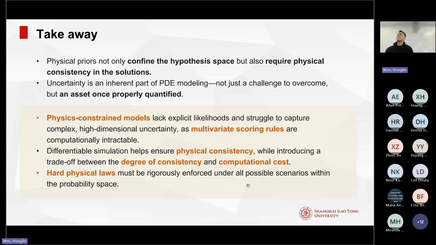So there's two questions. They say, good talk, excellent overview. And then they ask about the projection layer. They say, two parts of the question. How do you design the projection layer? They say they understand it to be a projection from the model's internal latent space to the physical variables, but how do you know what relationship that should be?